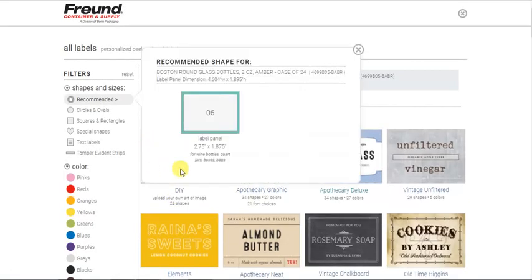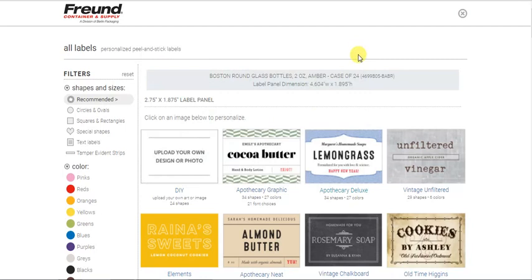Immediately, you'll see a pop-up here that lets you know exactly what container you're looking to create a label for, its label panel dimensions, and then it makes a recommendation for a label size. We've had designers and graphic artists look at the container panel, label panel dimensions and make recommendations based on positive space and negative space and other principles that are key to design. Of course, you can always override that and choose a different label size if you wish,